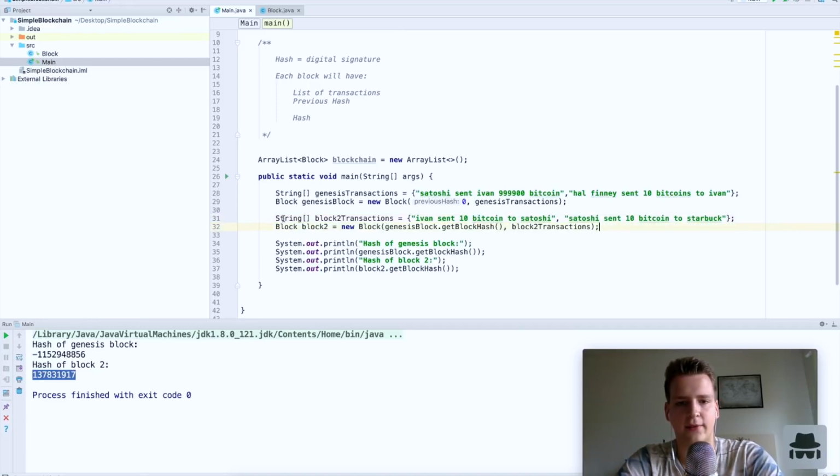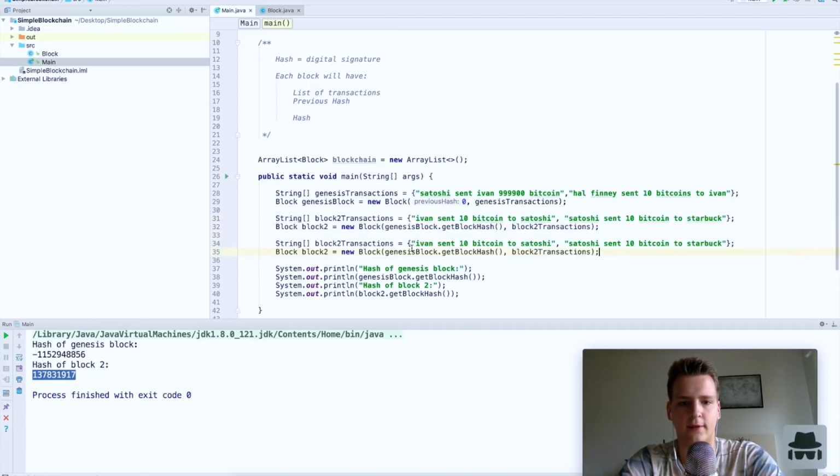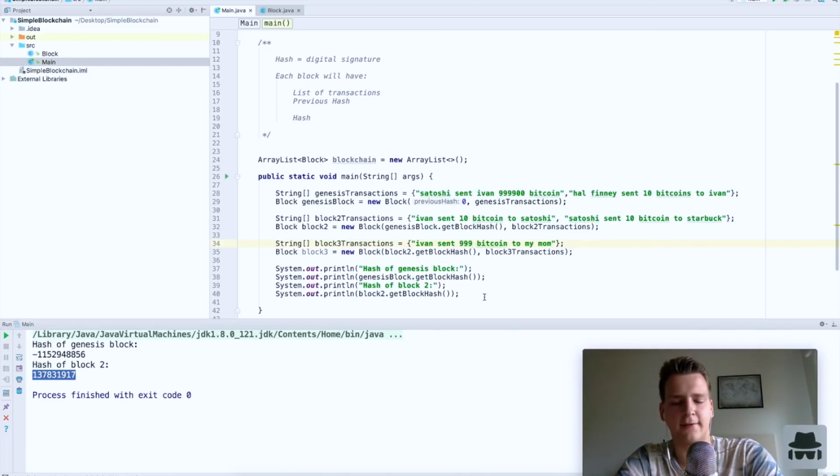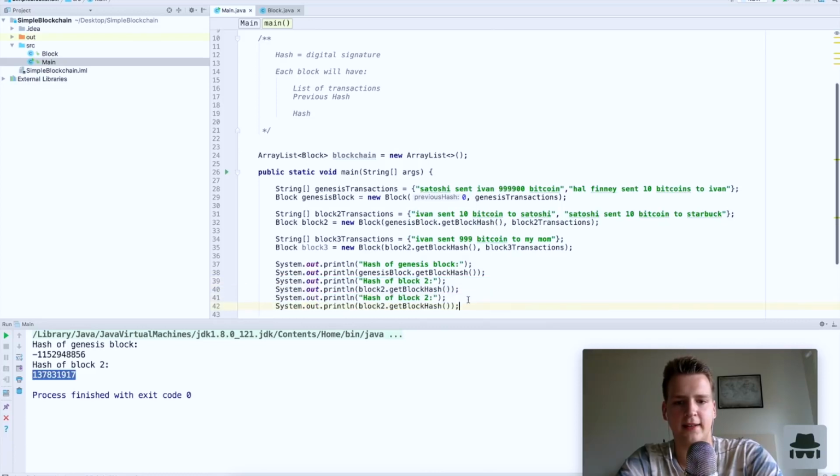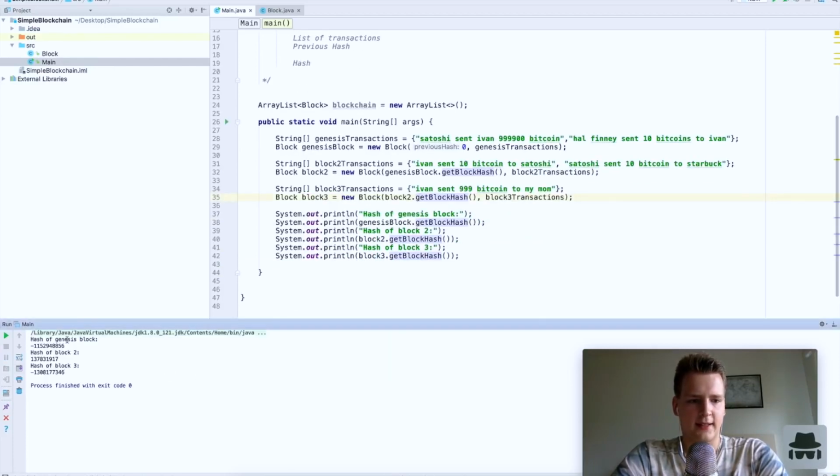And so let's just create a third block like this. Let's say block 3 transactions and block 3, and now we have the previous hash will be block 2, and the transactions will be block 3 transactions. And let's say that in this block I sent 1 bitcoin to my mom like this, or let's give her this many bitcoins, and if I get the digital signature of that, let's see, block 3 like this, and we run it, I get the following